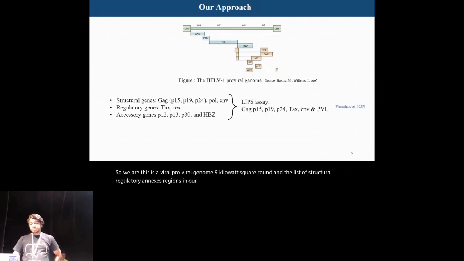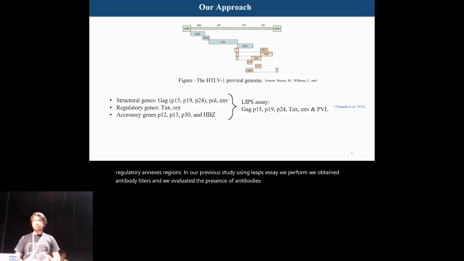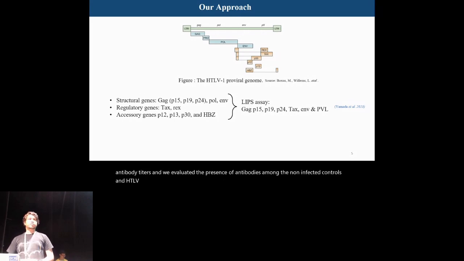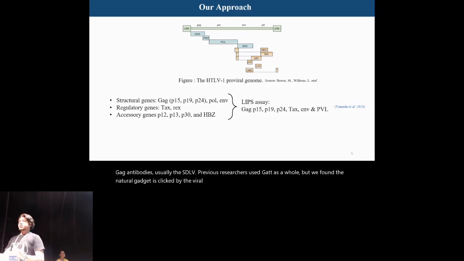In our previous study using the LIPS assay, we obtained antibody titers, and we evaluated the presence of antibodies among the non-infected controls and HTLV-1 carriers, and we found a strong response in GAG antibodies. Usually, previous HTLV researchers used GAG as a whole, but we found the mature GAG is clipped by the viral protease during assembly, and three mature proteins, P15, P19, and P24, are generated, and we obtained strong immune responses against these GAGs. We added PVL in this study, and